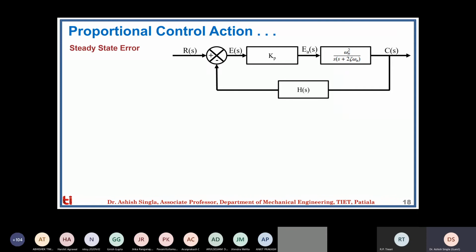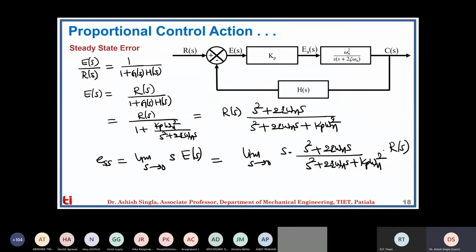But if the same robot is doing, let's say, a medical surgery, where it is supposed to make a cut, then what to talk of 20 mm, even 0.02 mm will play a huge role. So the steady state error is very crucial in understanding what kind of control actions we have to use for what kind of applications. We'll discuss this steady state error in the context of different control actions, and which control action we should use to take care of it.